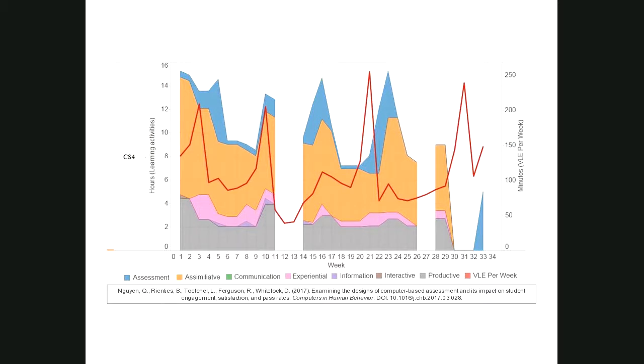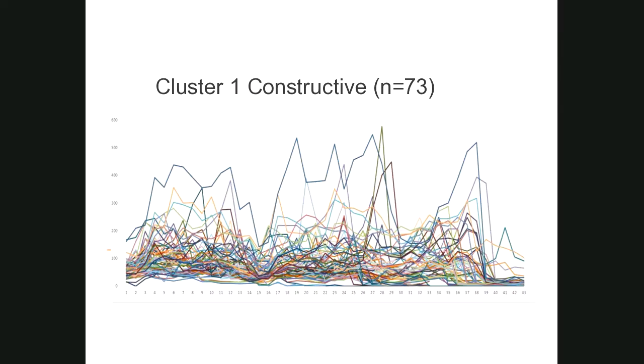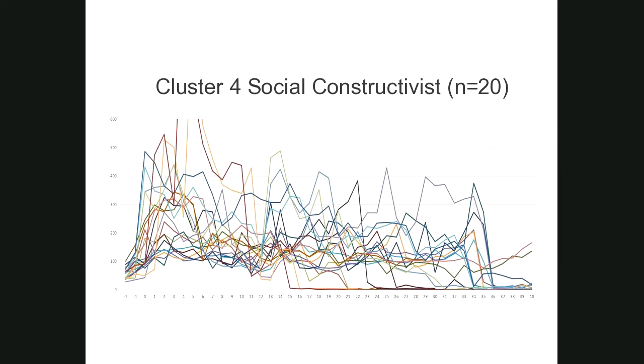What I'm trying to get at is, if you look at just VLE engagement, the pictures become really messy. But if you link that with what teachers are designing, you can start to see what is happening. So, for example, on the next slide, there's a health and safety warning. These are the VLE engagements of 73 modules, and this looks like a complete mess. If you purely look at the VLE activities of students over time, there's one big blur of data.